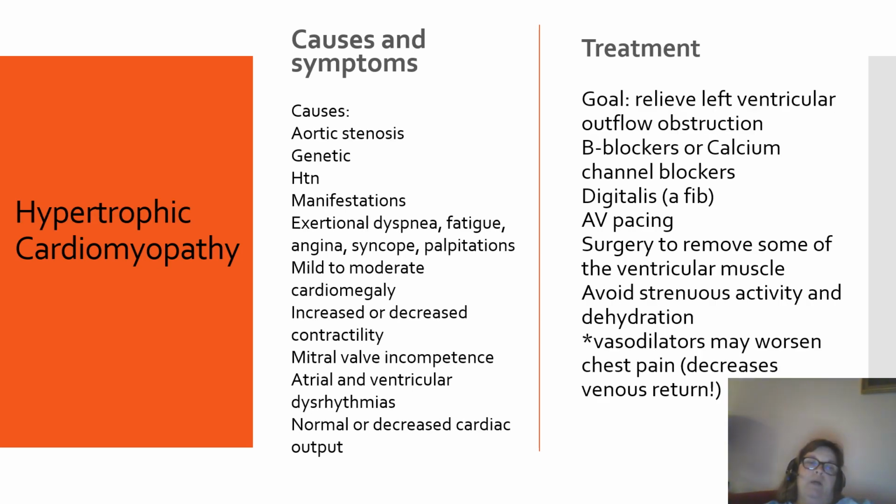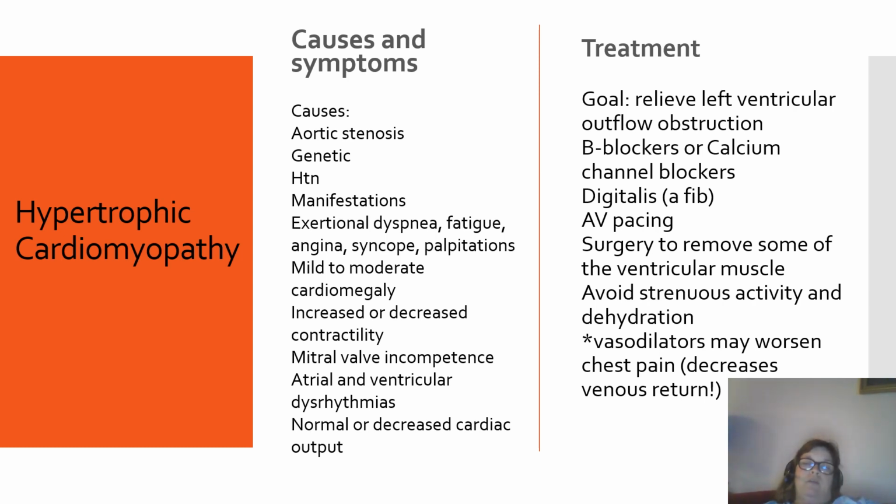Hypertrophic cardiomyopathy causes are aortic stenosis, can be genetic, hypertension. Clinical manifestations include exertional dyspnea, fatigue, angina, syncope, palpitations. You can see that it can be mild to moderate. They can have mitral valve problems, atrial and ventricular dysrhythmias, normal or decreased cardiac output. The goal is to relieve the left ventricular outflow obstruction, so we would probably do beta blockers or calcium channel blockers,